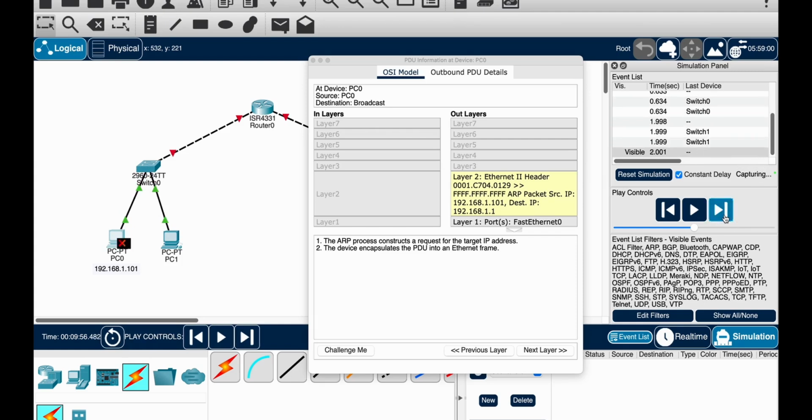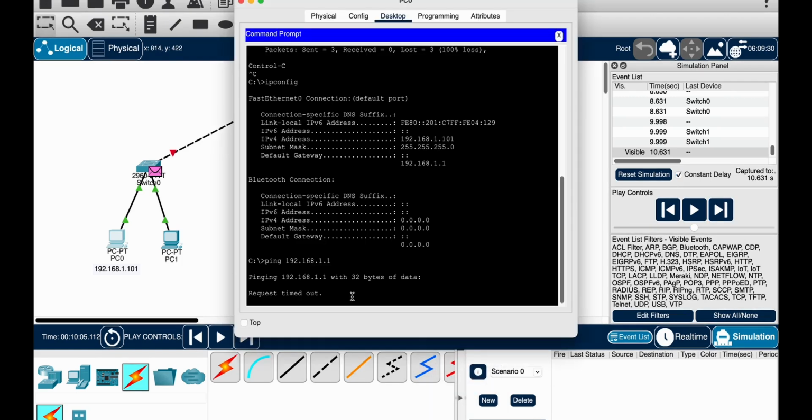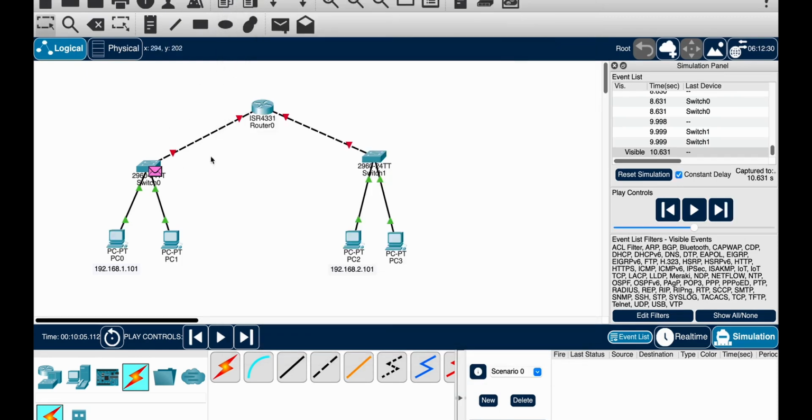So let's go ahead and run this a couple of times, and get the packets. This ARP packet goes out again, and this does not work. Let's make sure that we have the thing working. Okay, let's see what error we are getting over here. We are not able to communicate with our 192.168.1.1. Let's see why that is.